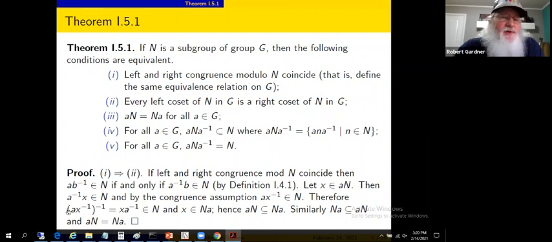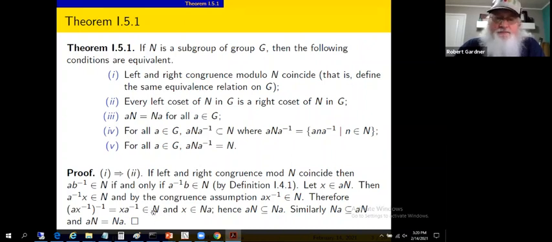All right, N is a subgroup, so a x inverse inverse, that is x a inverse, finding the inverse of a product here, must also be in N. If x a inverse is in N, then if you like, x is right congruent to a, that is x is an element of coset Na, as given here. If you don't like that, then what we got here is x a inverse equals some element,